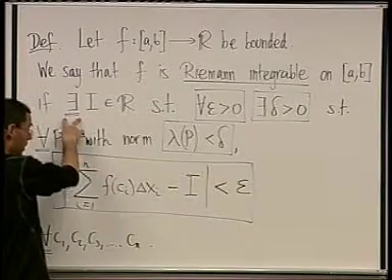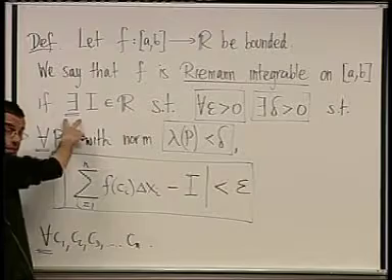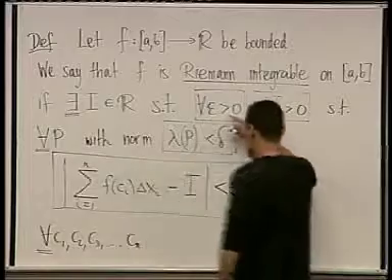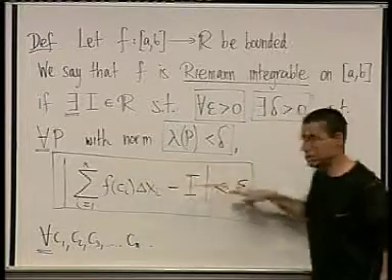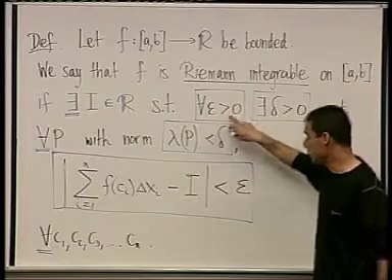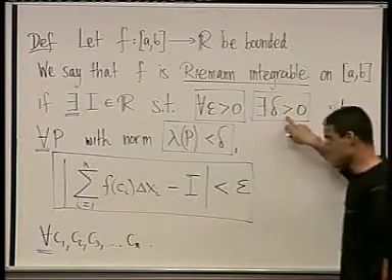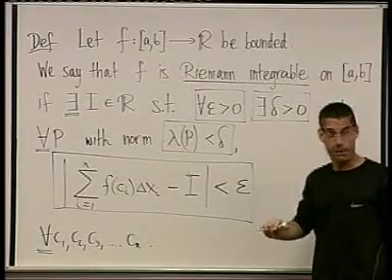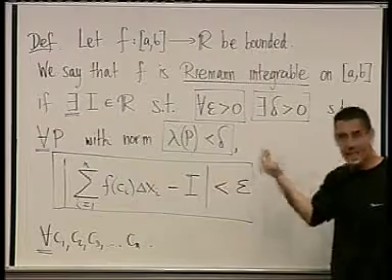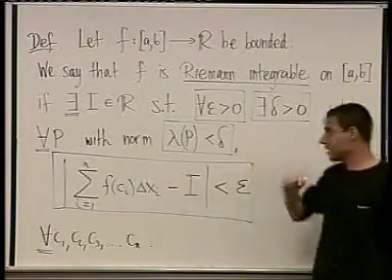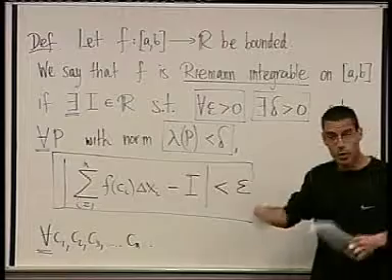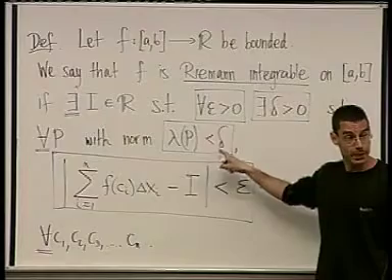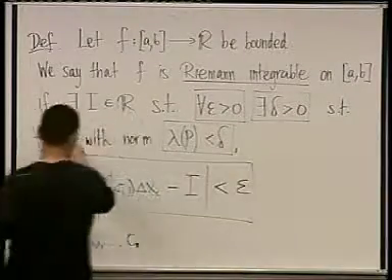It's Riemann integrable if there exists an I, that's the integral, that's the area under the graph, such that for every epsilon, we want to guarantee this. For every epsilon, there exists a delta, such that take any partition you want, as long as it's fine enough, as long as it's delicate enough, and that is somehow controlled by saying that the widest rectangle in the partition is less than delta, then no matter what the partition is for every p,